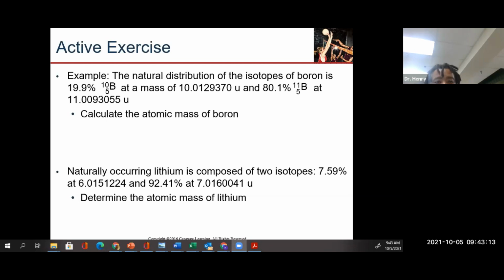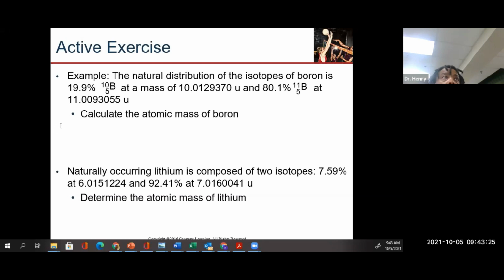Okay, so to do that, we have 0.199 times 10.012930 plus 0.801 times 11.00930055. So if we do that math,